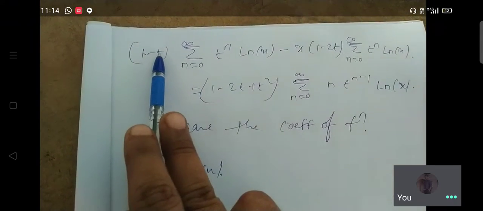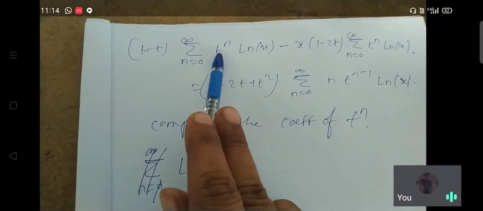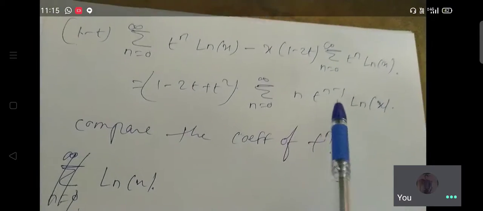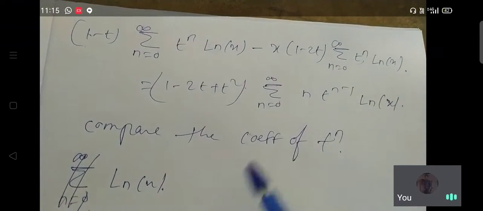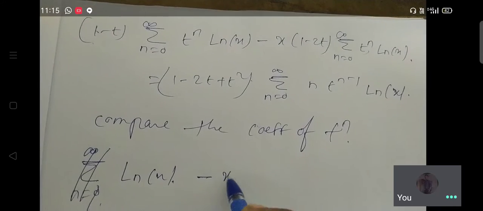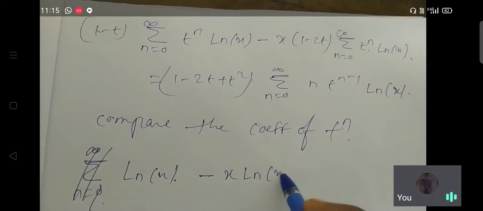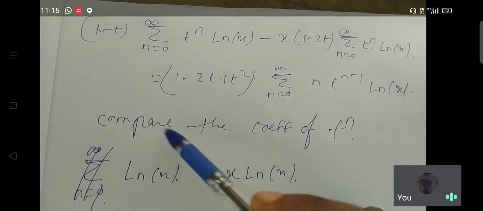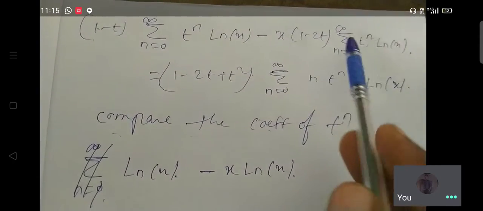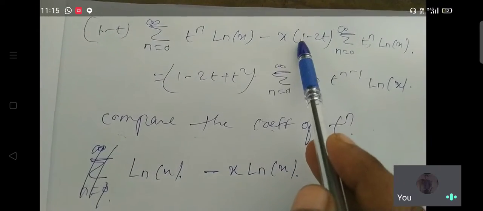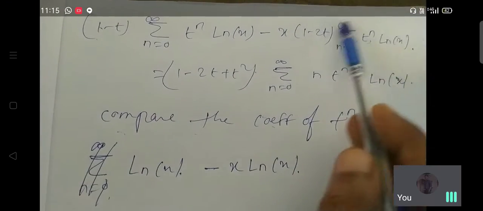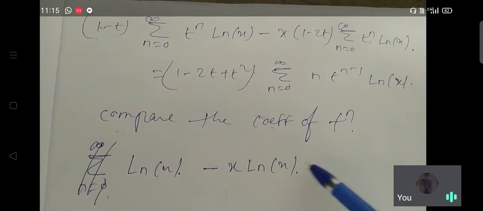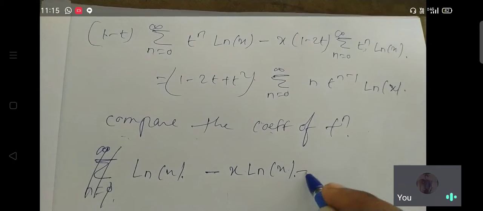Next, t into t power n means t power n plus 1, don't consider that one. So next, minus x into L_n(x), you have minus x here, and we have to compare the coefficient of t power n. So minus x into 1 into this whole summation, so that's why I have written minus x into L_n(x), which is equal to,